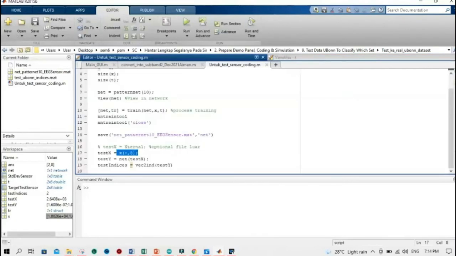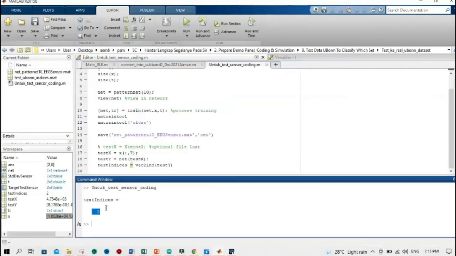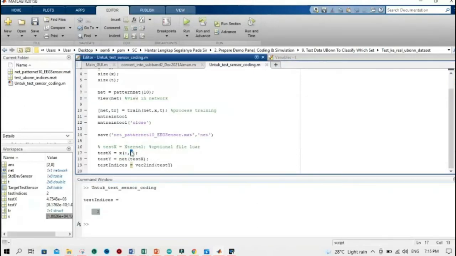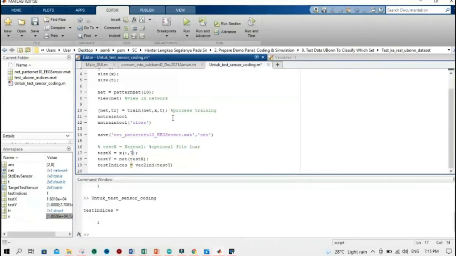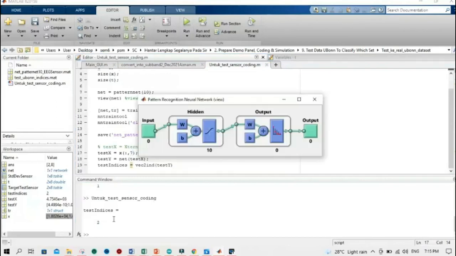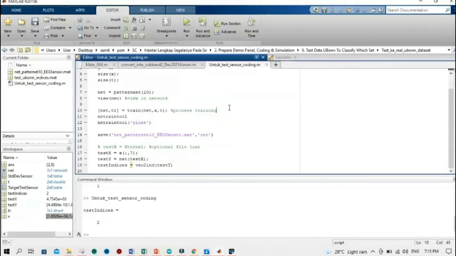As you can see here, if the number is changed from 8 to 5, the test indices show that the data is in category set 2, while if the column is changed from 4 to 1, the test indices show that the data is in category dataset 1. Hence, to conclude, the test shows that the real data from the sensor gives dataset A and B, or 1 or 2. This dataset is categorized as the normal individual dataset. Hence, this system can be applied to epilepsy datasets.